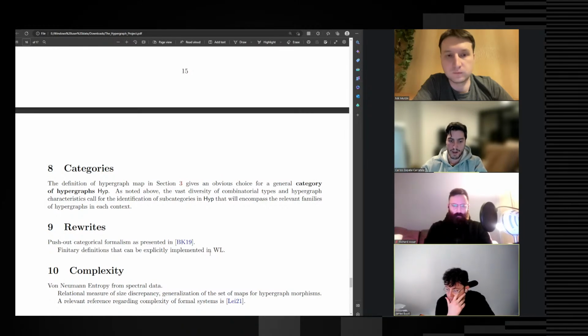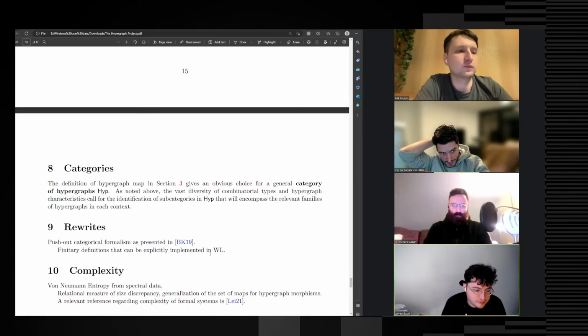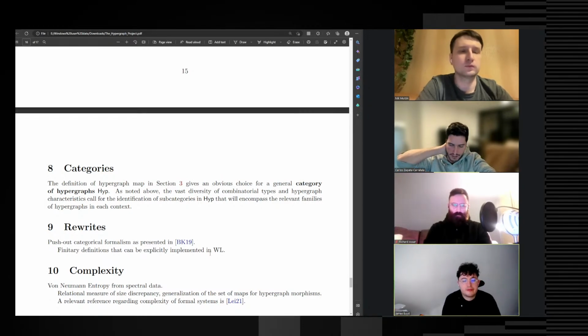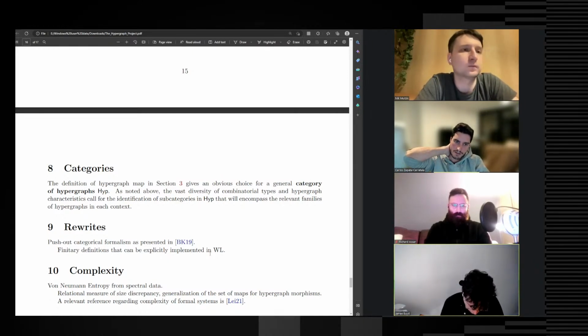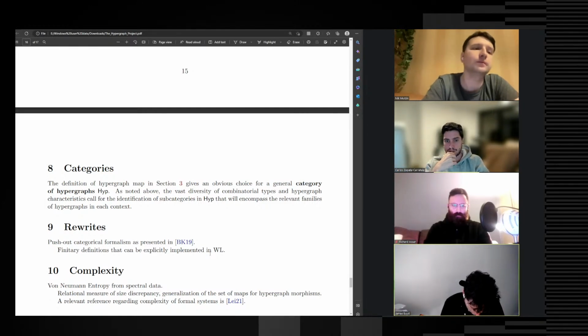When we have some examples of rewrite systems, we can actually go check the literature, invite these people and say, oh, what do you think about this? How does it fit in your landscape of categorical rewrite systems and so on? So that's what I envision this categories section will be: a summary and pointers for experts, with references to all this literature, to all these people who do graph rewrite systems, categorical rewrite systems, and a sort of point of connection with them.